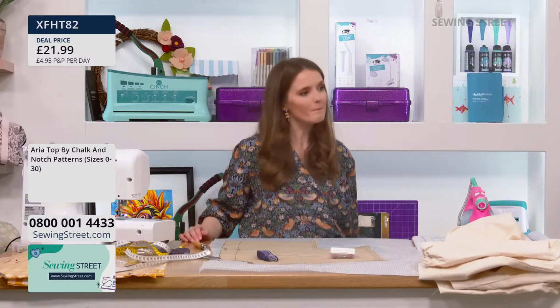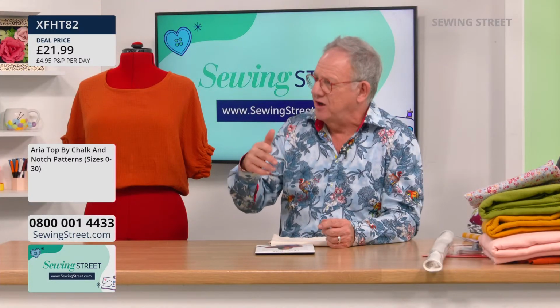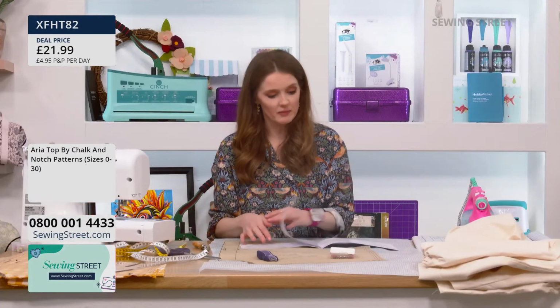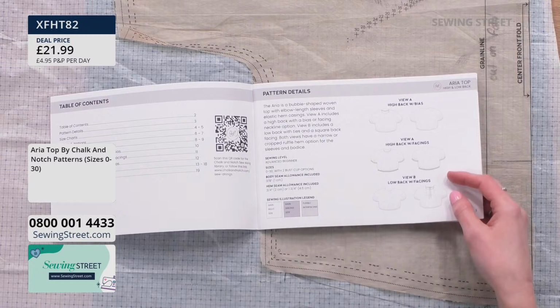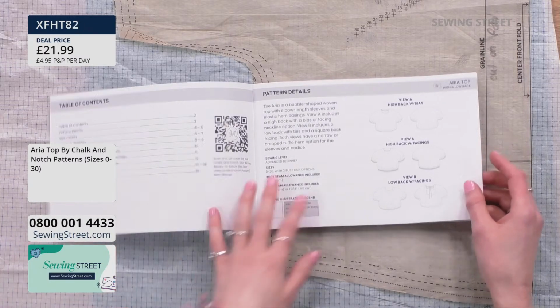Now, you showed us the brochure, the little booklet earlier. There seem to be pages of instructions. There is quite a lot, but don't let it put you off. It's actually a really, really brilliant sewing pattern. We've got lots of information. There are different necklines. This one here, I've just bound it. I quite like a bias binding finish, but like you said, once it's done, it's on. You can have a facing option as well,